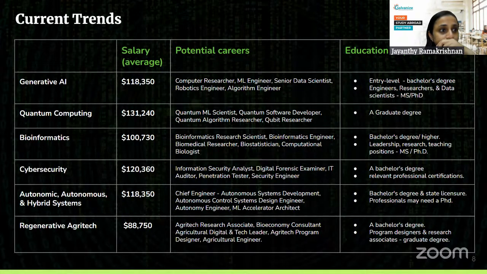Now, the current trends in the field. One thing that I do want to say is that the computer science field is the most future-proof career field that you can have. As you can see from the previous infograph that I showed you, research in that area started so early on in 1843, and we are developing so many things over there. So this is a future-proof field that you can choose if you are really interested. It's always changing, and it has become so enmeshed in our lives today that we can't live without it.